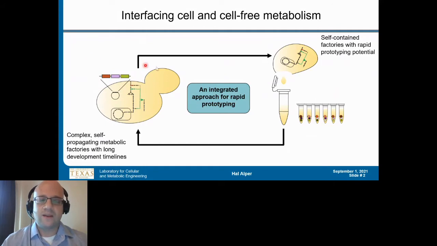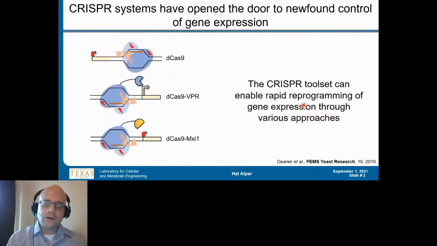One, talking about how we can make significant advances in the rapid prototyping of in vivo-based systems, especially through CRISPR-based approaches. This took advantage of a guide RNA library that I'll talk about that was synthesized at JGI. And then how we can use these rewired cells to create rewired metabolic lysates that can be used to rapidly prototype pathways of interest. This is work that is sponsored by the JGI project. So, starting with the cell-based system.